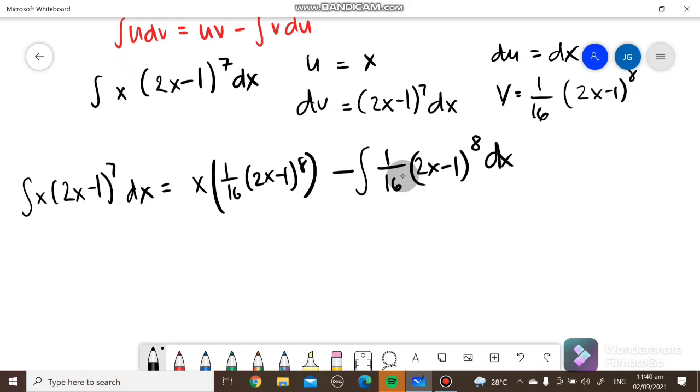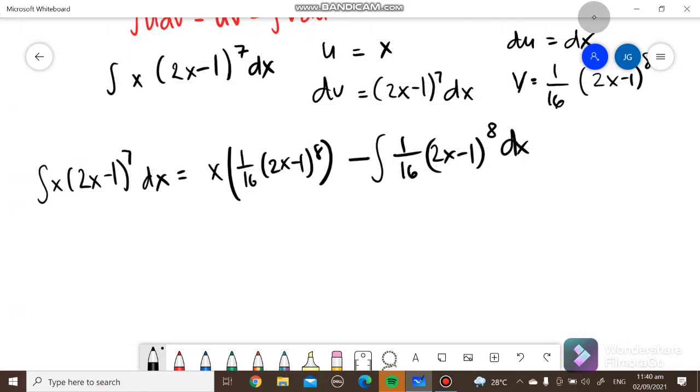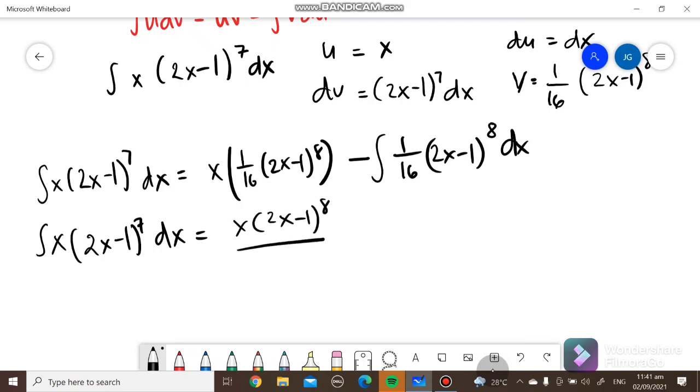So, with that, we can write and then integrate. So, we can rewrite this as x multiplied by 2x minus 1 raised to 8 over 16